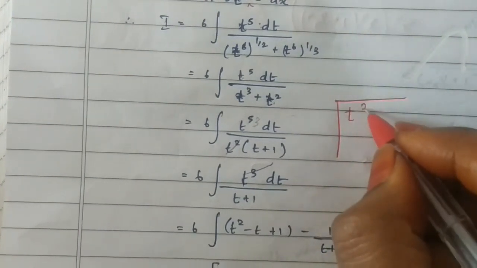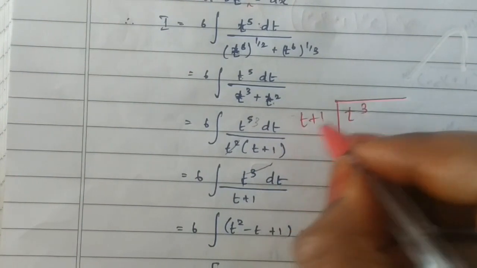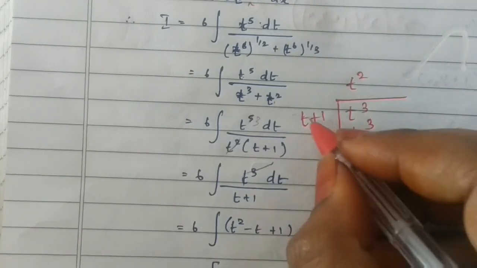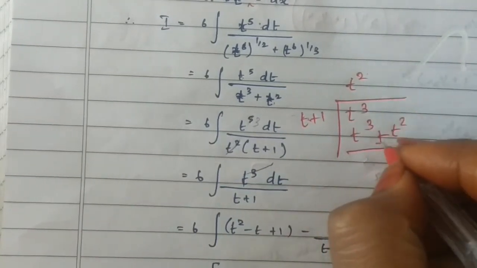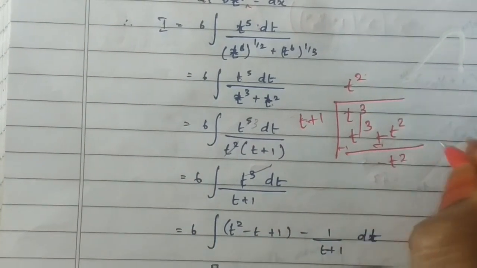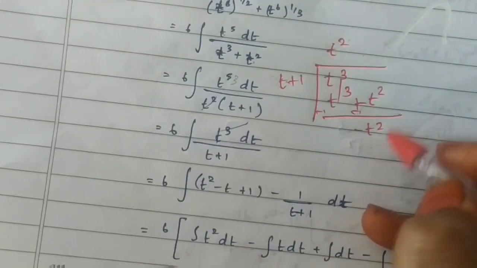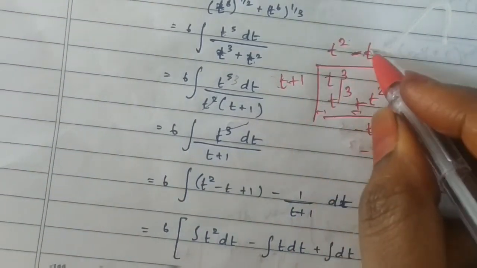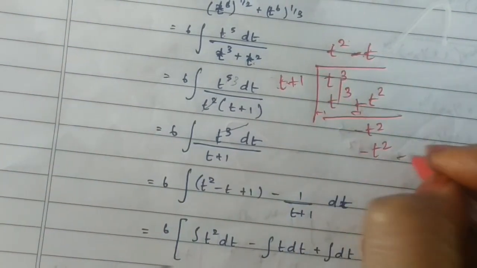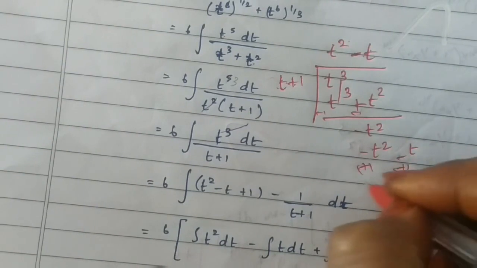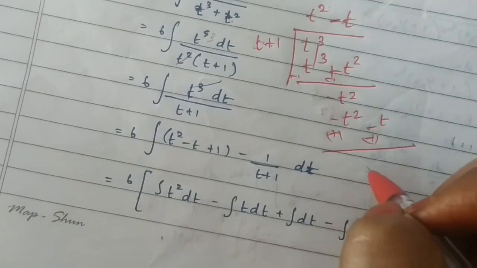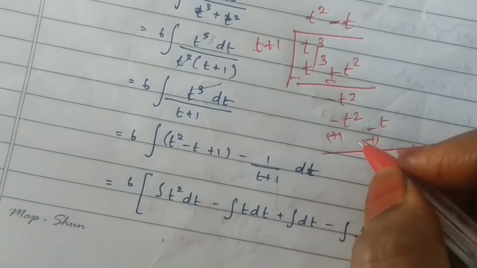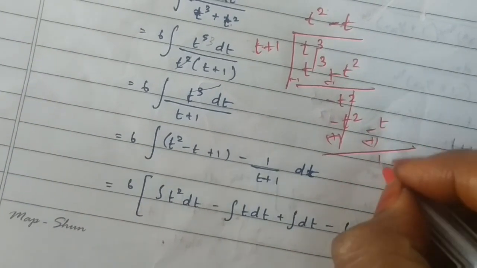That is t cube divided by t plus 1. So, t into some term, you should get t cube, therefore t square. Therefore, t into t square will become t cube, 1 into t square, therefore it is t square. When you subtract, you will get minus t square. Now multiply t into a term, you should get minus t square, therefore t into minus t, you will get minus t square, and 1 into minus t is minus t. Now change the sign. You should do this until the degree of the remainder is less than the degree of the denominator. Therefore, this will get cancelled, you will be getting t.